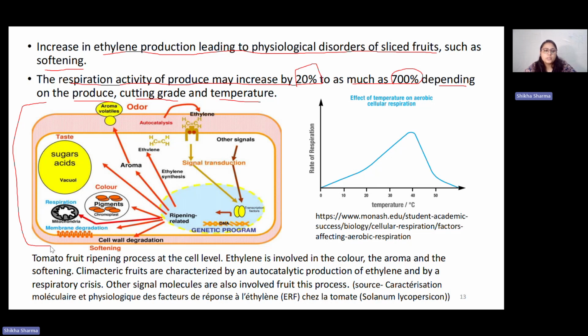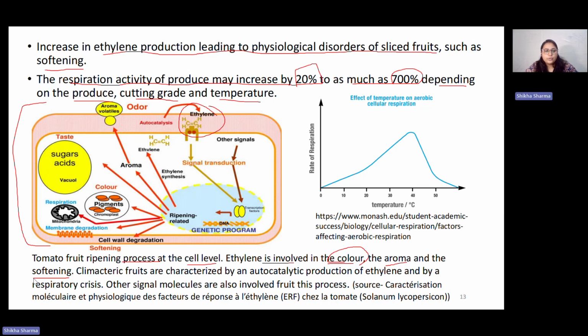The tomato fruit ripening process at the cellular level is shown here in this diagram. So ethylene is evolved. When it is produced, it will be involved in the color, aroma, and softening of